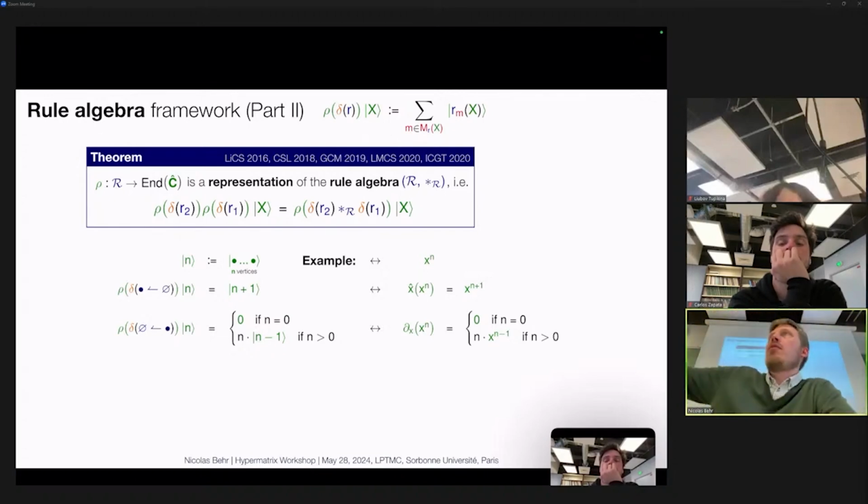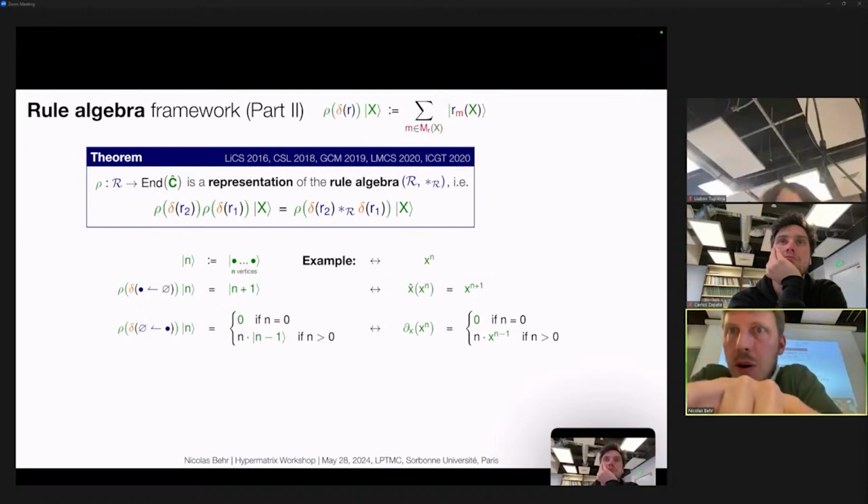The multiplication operator with the formal variable will be the representation of the rule that inserts the vertex, and the derivative operator will be the representation of the rule that deletes the vertex. Because we're doing linear operators, I only have to show you that the coefficients on the basis chosen match, right? So this is here, because of course there's n ways to pick a vertex and then delete it from a set, right? From a finite graph.